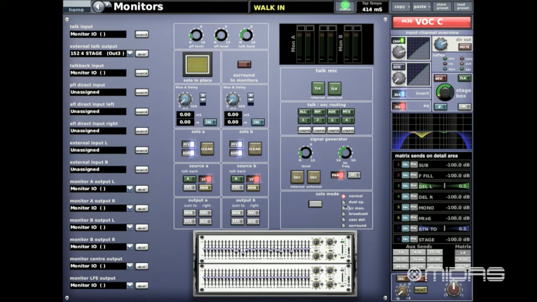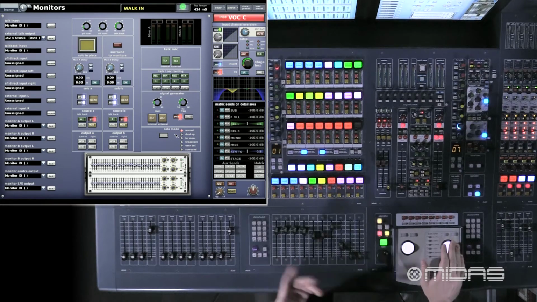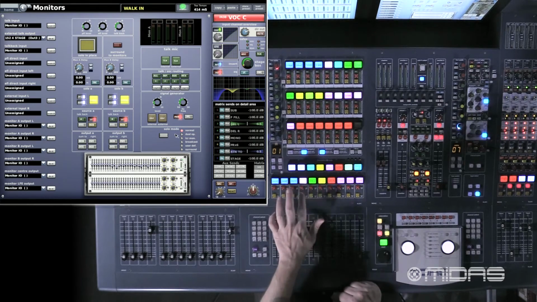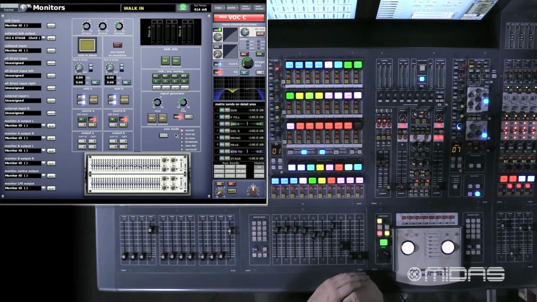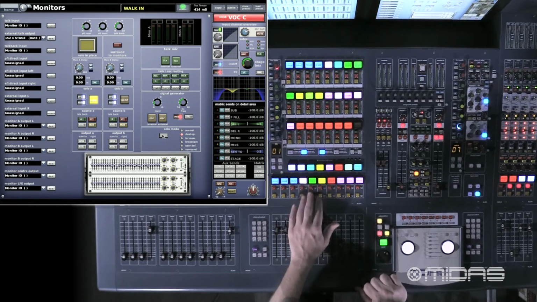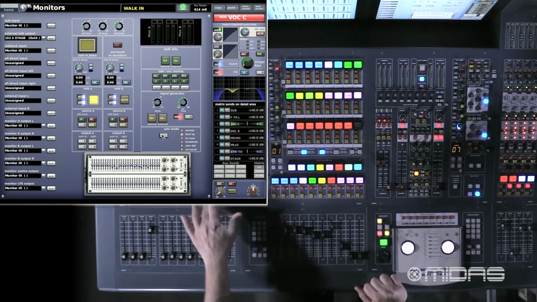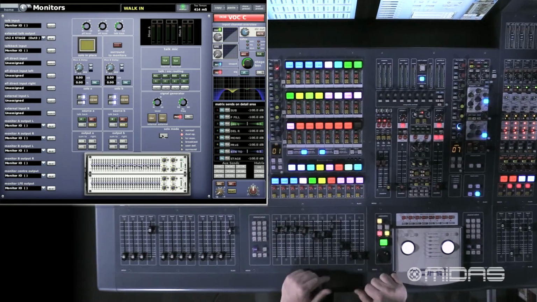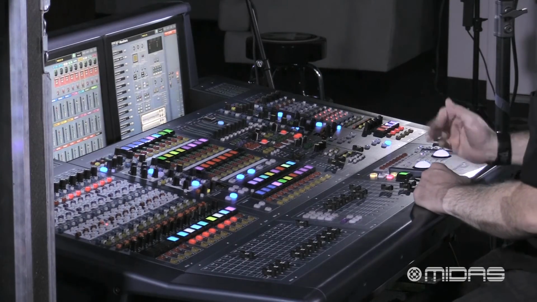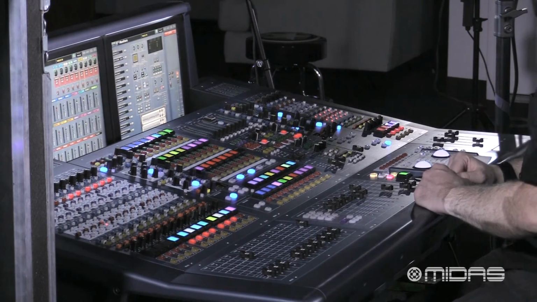Solo modes, the last thing here. Right now I have this set up for normal. When I solo something, it'll go to both buses, and that's how it works in normal mode. If we had the console set up in dual mode, and I had another engineer to my right, you'll see that right now just the left side of the console is going to have those solos. The gentleman on my right side, if he wants to solo anything, because we have PFL selected and the add button in,